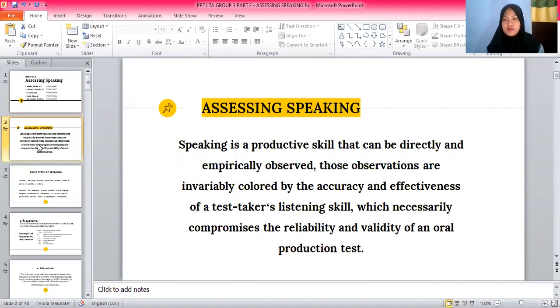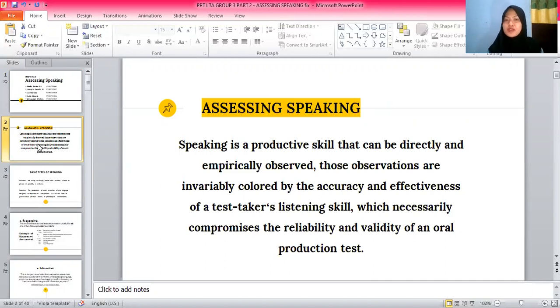The first one is a definition about assessing speaking. From a pragmatic view of language performance, listening in the previous chapter, Chapter 6, and speaking in this chapter are almost always closely interrelated. Only in limited contexts of speaking like monologues, speeches, or telling a story and reading aloud can we assess oral language without the oral participation of an interlocutor.